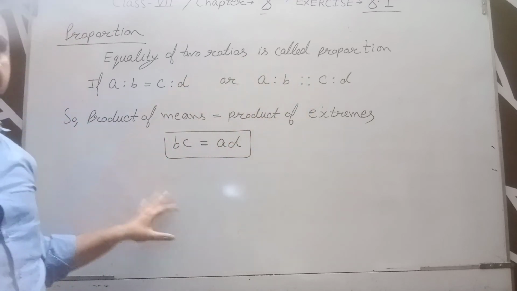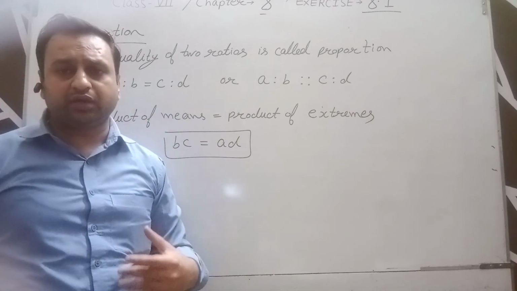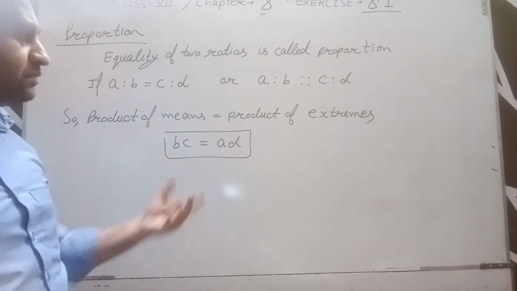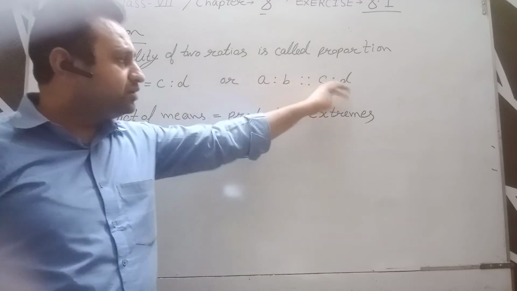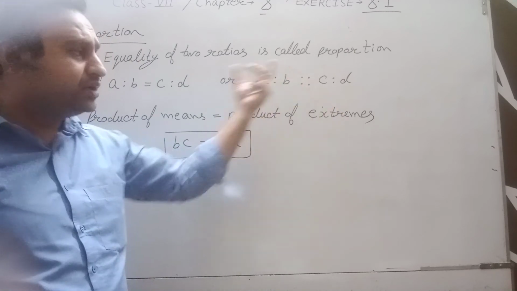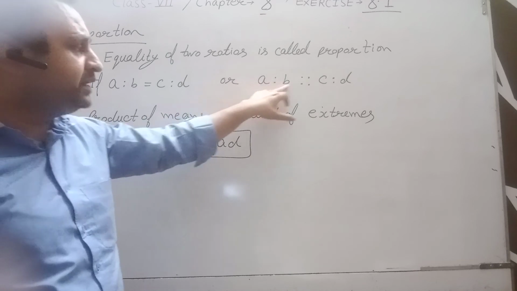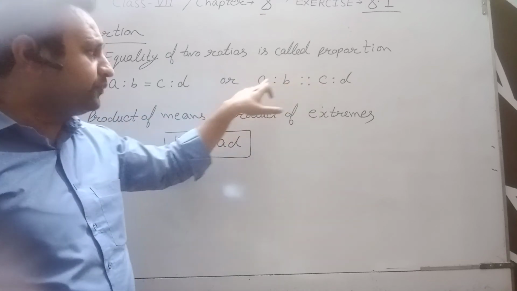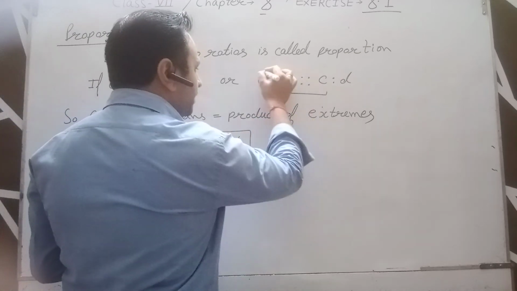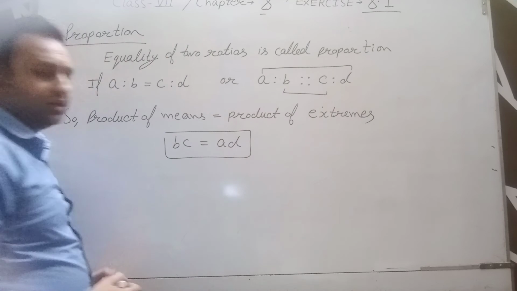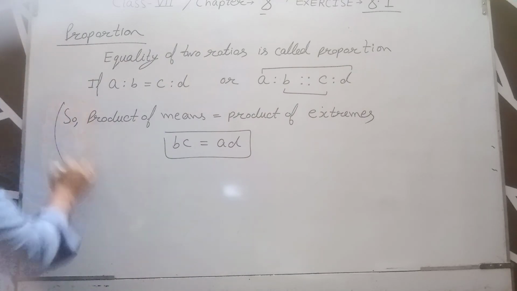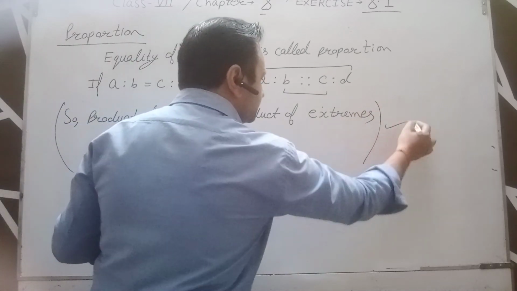And now what is the method with the help of which we will find out whether the required ratios and given ratios are equal, yes or no? It is a very simple method. These are two ratios and we have to consider whether these two ratios are proportional, yes or no. Product of means is equal to product of extremes. That is, if the product of means and the product of extremes are equal, then we can say that these ratios are proportional. So it is the very main concept of this exercise. Just note down.